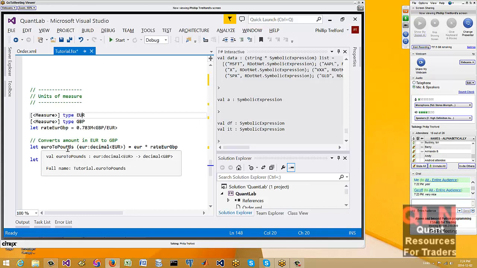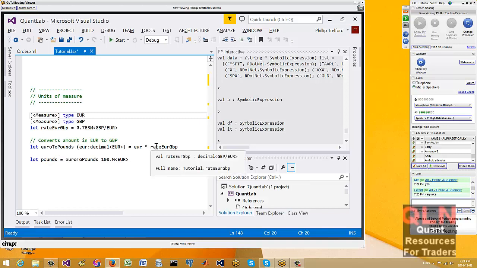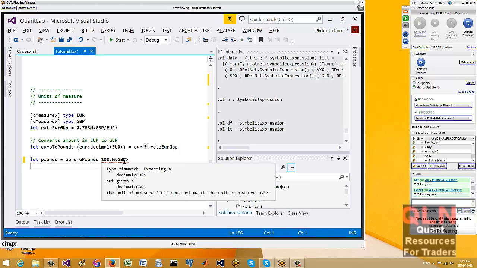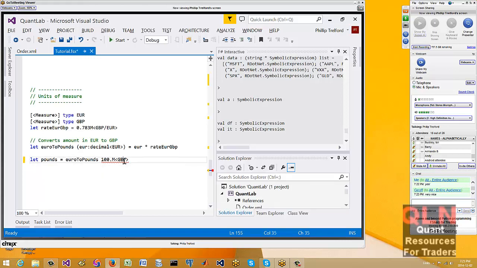Now it's actually inferred the types for us because it's seen that we're multiplying out the euros. So that's kind of cute. Now, if I want to convert to pounds, we can see put in the euros, get the pounds out. If I were to break this, we will get a type error, and it will tell us that we're expecting euros. So this kind of scales out to lots of statistical calculations.